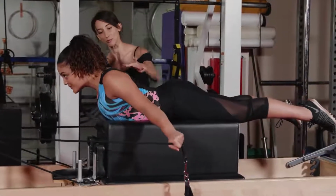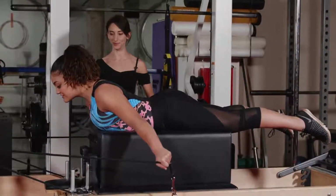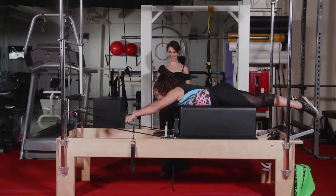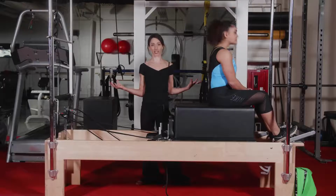Still rotate, still push the chest forward. Beautiful. And back down. Great. All right, now let's move into an abdominal exercise that takes your body from a full stretched or extended